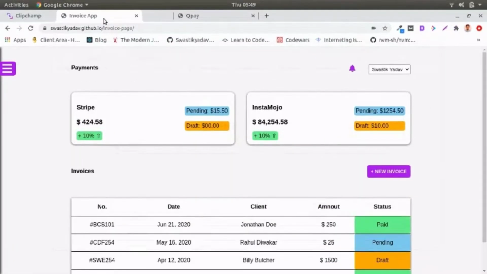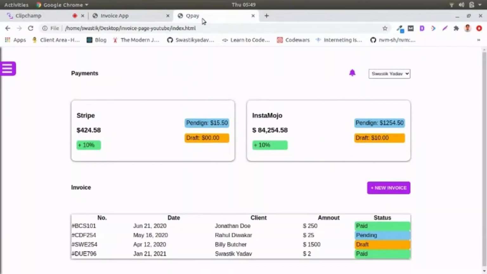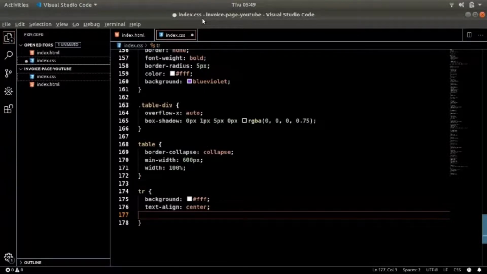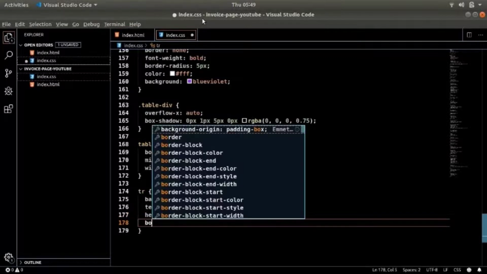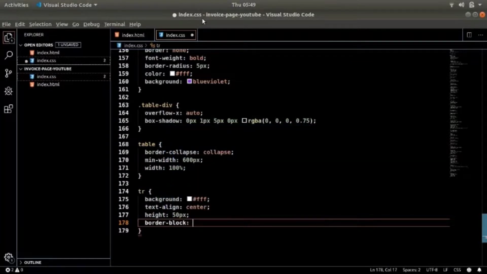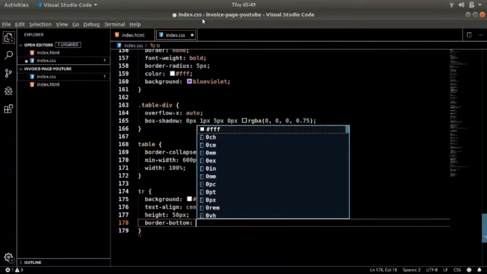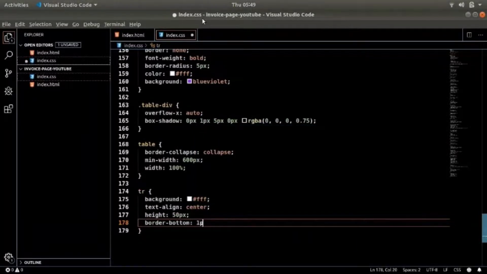Then we have the height of each row, which I want to be 50 pixels, and border bottom, 1 pixel, solid black.